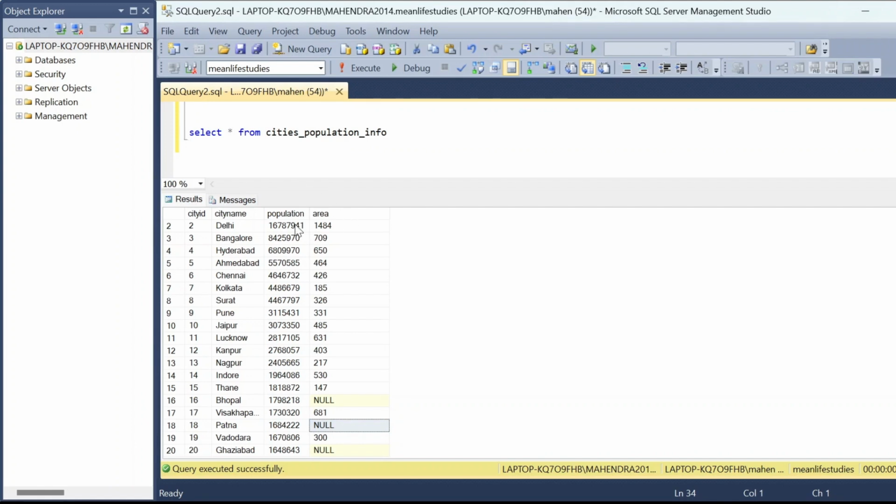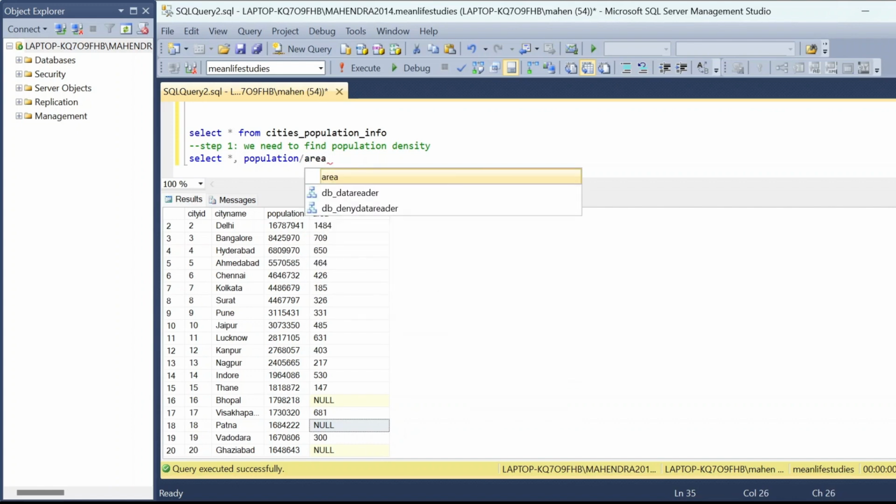First we need to find population density, right? Step one, we need to find population density, right? Now we are going to return all data, and then we need to find population density. How can we find it? We need to divide population by area, right? So we will get population density. Cities underscore, this is the table. Okay,